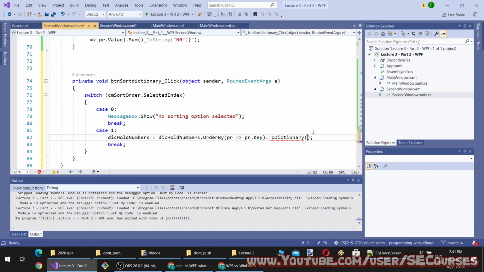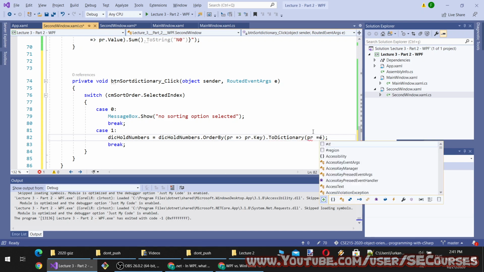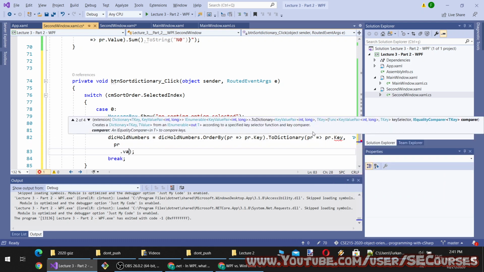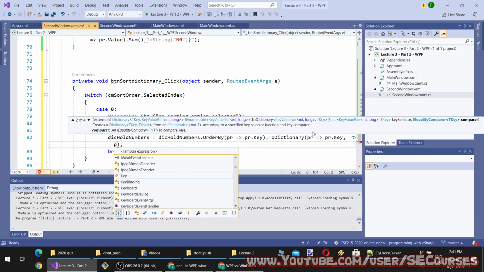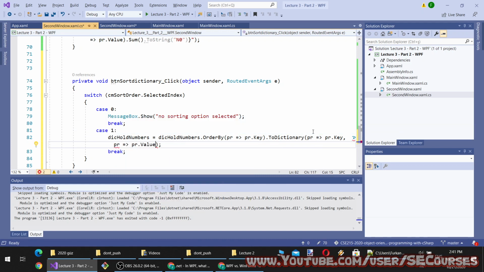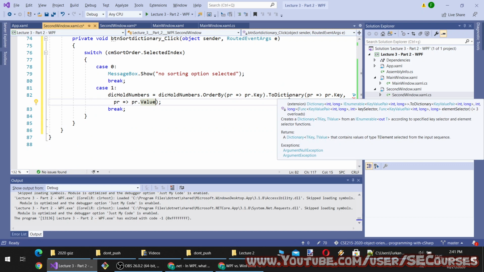How do I do that? I do that by ToDictionary. I need to provide the key value pair, int and long.